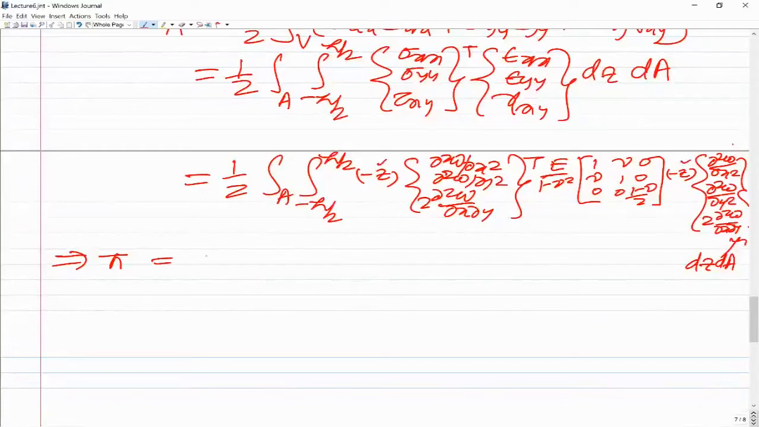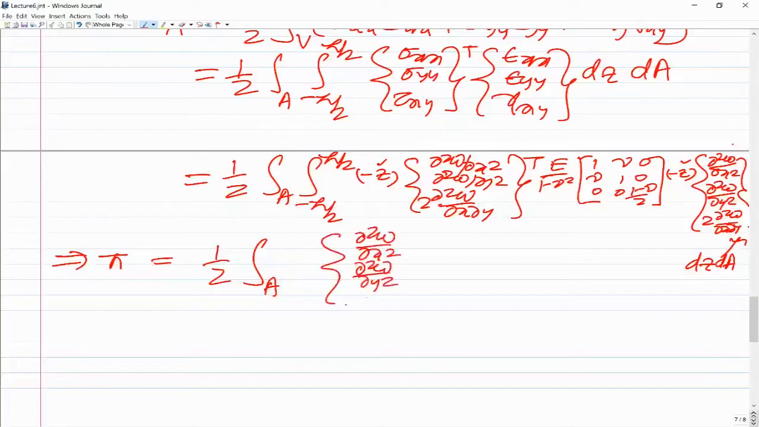So then we can actually write this as integration over the area, and the z integration is eliminated. And then you can see this is ∂²w/∂x², ∂²w/∂y², twice of ∂²w/∂x∂y, transpose. And then here in between, you can take Eh³/12(1−ν²) inside this constitutive